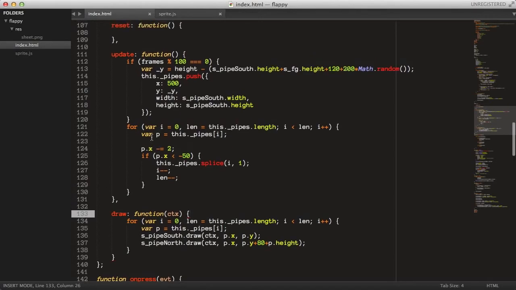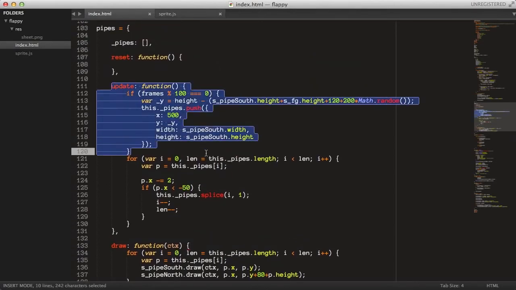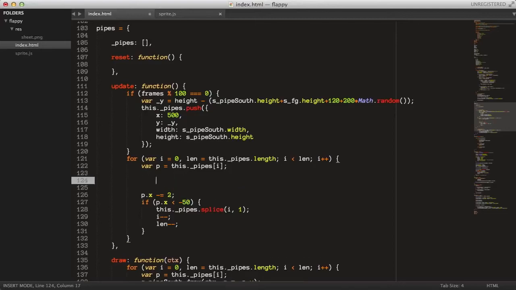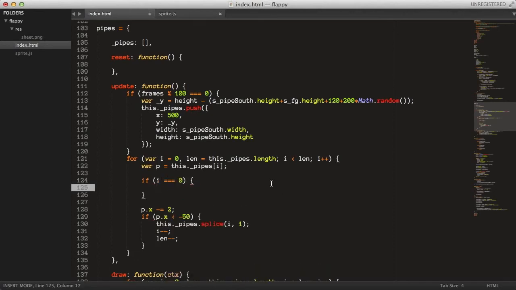So let's just go up here again to the update method, and the collision detection we are going to use here is a circle rectangle collision. This can be a bit complicated, but it's pretty straightforward. But anyway, we check here, we say if i is equal to 0, so if it is the front most pipe, that's the one we want to check collision against, then we calculate the closest x position